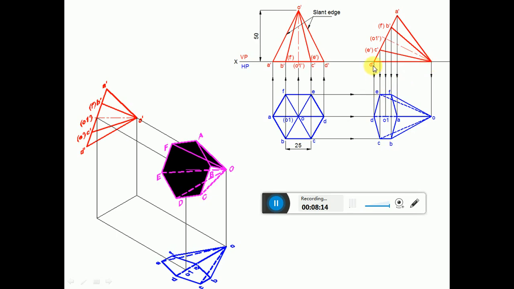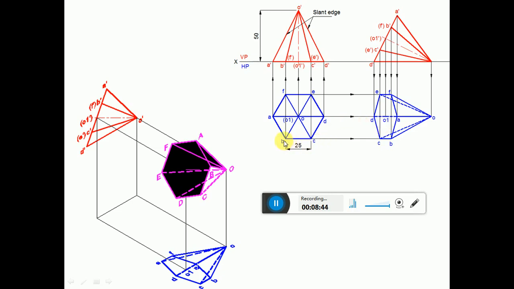Now you write the top view. Draw a vertical projector from D dash and also O dash to the top view. Draw a horizontal projector from OD to get this point O and D here. And draw a vertical projector from O1 dash and draw a vertical projector from A. So you draw a horizontal projector to intersect or to meet at this point A and O1.